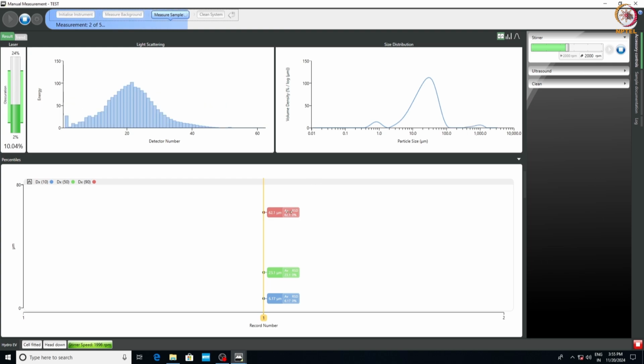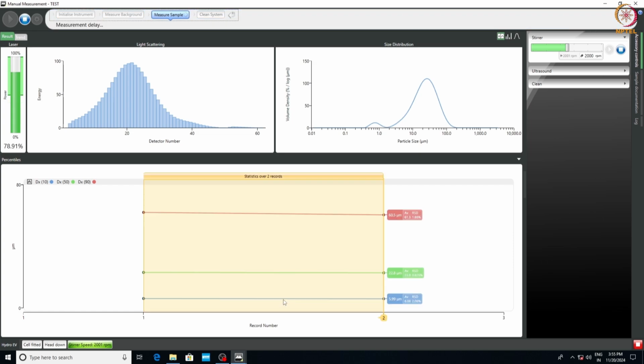The first measurement values are recorded here. The top one is the D90 value, the middle one is D50, and the bottom one is D10 value. So currently the D50 value, which is the median particle size value, is around 23 microns.